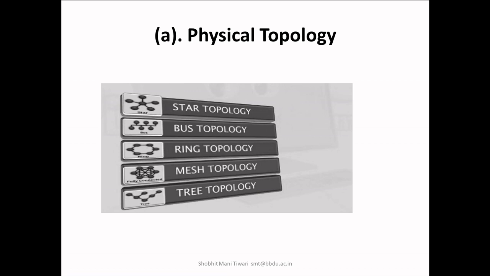As we already know, physical topology is basically the interconnection of various networking devices which we can see easily, and hence we can easily tell about the structure of interconnection of a computer network. Now, whenever we divide physical topology into some examples or real life representations, it is generally divided into 5 categories. First is star topology, second is bus topology, next is ring topology, fourth is mesh topology, and the last one is tree topology.